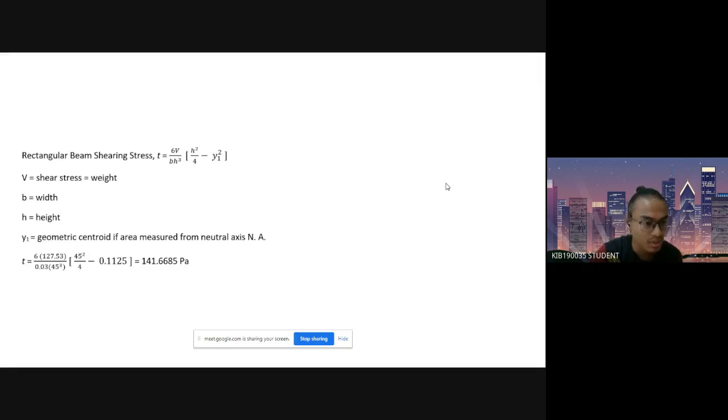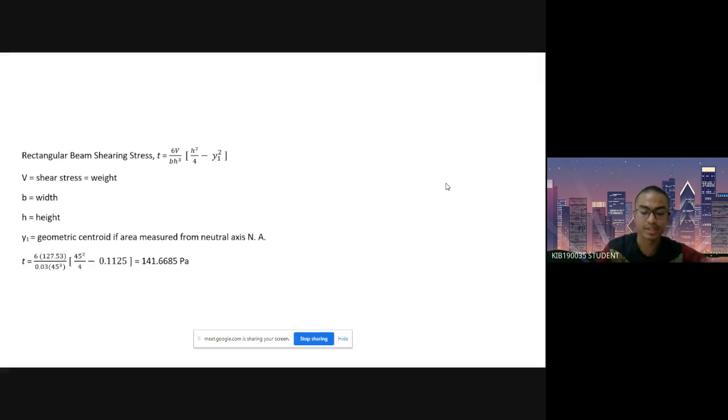Lastly, the Y1 will be the geometric centroid of the area measured from the neutral axis, which is usually denoted as NA in reference books. From this formula, we get the rectangular beam shearing stress of each leg to be 141.67